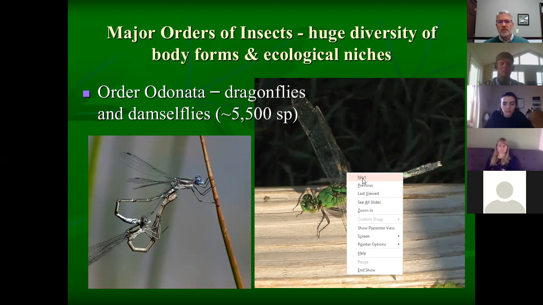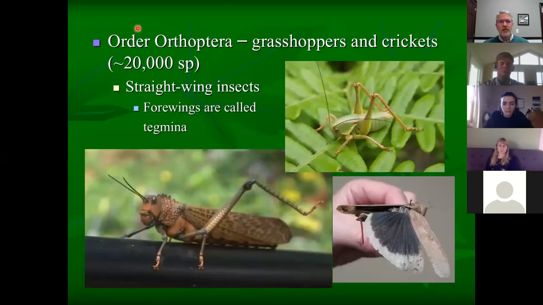Okay, next, Orthoptera. As I said, Orthoptera are the straight wing, and these are the grasshoppers and crickets. It's a bigger order, 20,000 species. Here we've got a longhorn grasshopper. Here is a very big Costa Rican grasshopper. It's probably about that long. And you can see these,